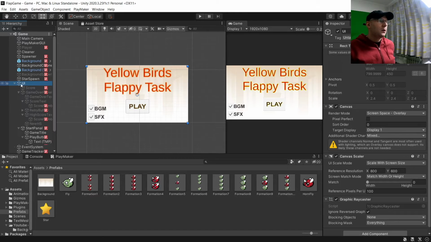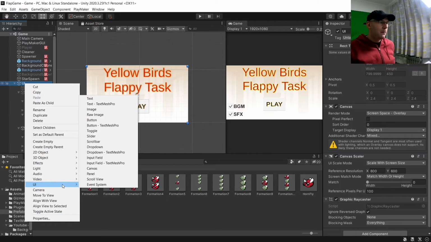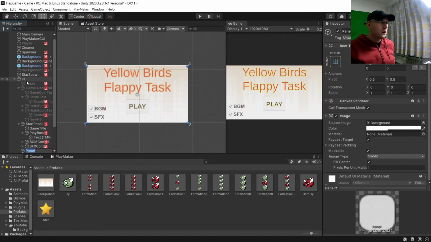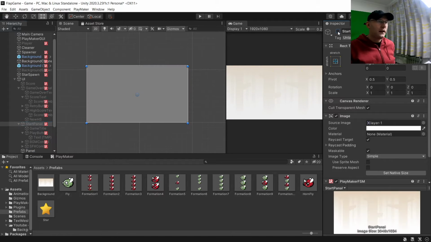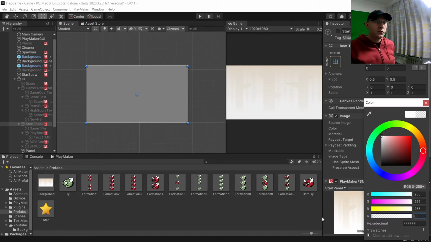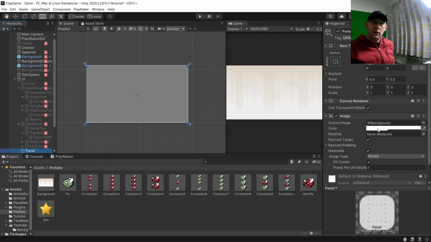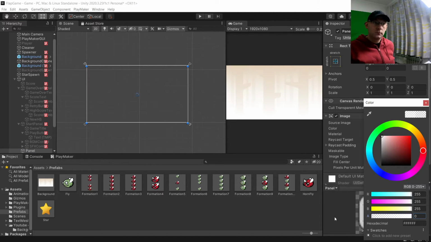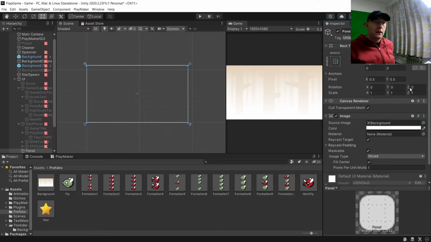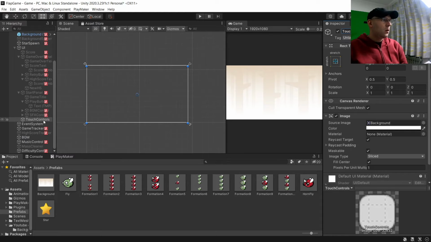Okay, so what we're going to do is add a new UI panel. Let's turn off our start panel for now. And on this one here, we're going to turn the alpha to 0. Not on a start panel, sorry. Make sure we choose our panel here and make that 0. Okay, I'm going to call this touch controls. Okay, and what we're going to do is add